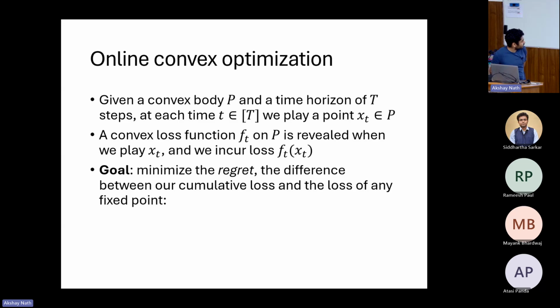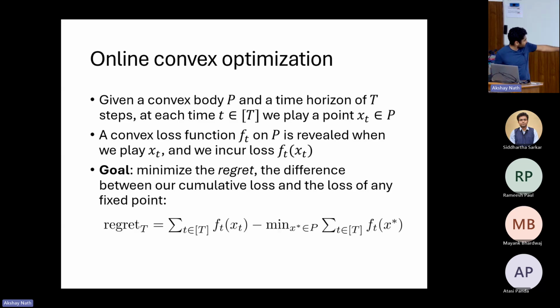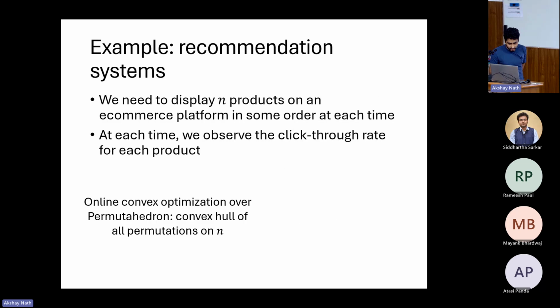And the goal is to minimize the regret. And the notion of regret is, let's say you look at all of your losses, and now you look at any fixed point, what could a fixed point have done, right? And the difference between your losses and anything that a fixed point can do is your regret. And this is a very powerful sort of framework. And as it turns out, you can actually design algorithms that do something non-trivial just with this setting, nothing else. I will not go into explaining those algorithms, but I'll just give an example of why this might be useful